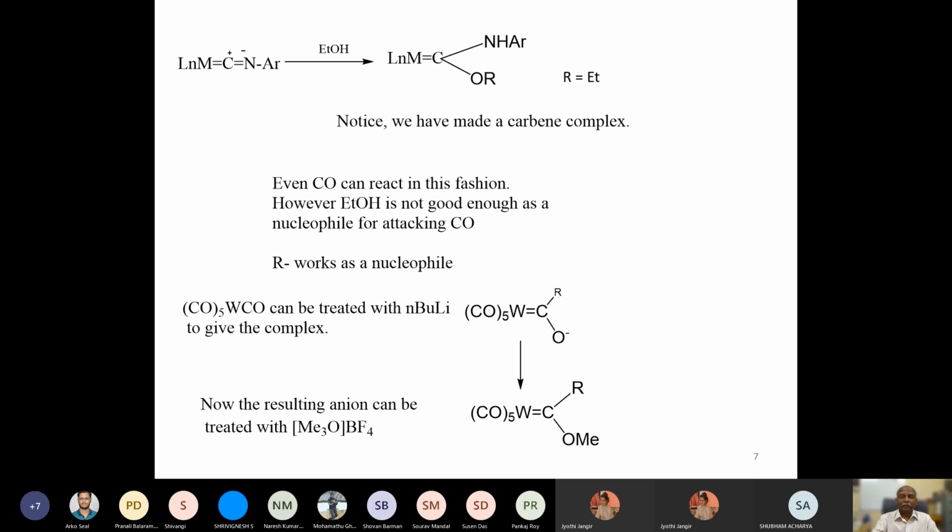is the fact that you have a slightly positive charge on the carbon when I have this resonance structure. When I have this resonance structure for the molecule, I have a slight positive charge on the carbon. And so what happens is it ends up with species like ethanol and amines doing an attack on the carbon. And so these species attack electron-rich molecules, and you have a reaction that leads to a carbene complex now, which is like so. We have in fact made a carbene which has got two heteroatoms substituting the carbon.